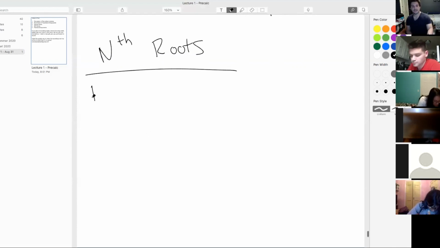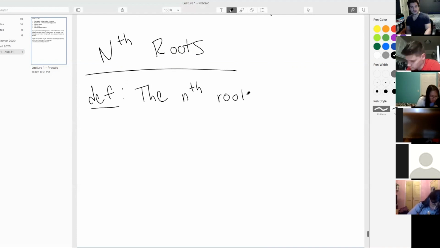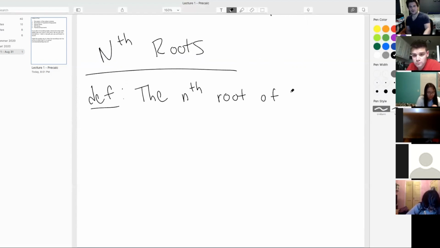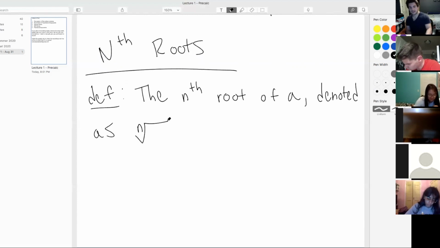So here we go. Here's the definition. Okay, the nth root of a, which is denoted as this symbol. It's like a square root, but we put an n in that little nook there. Is a number